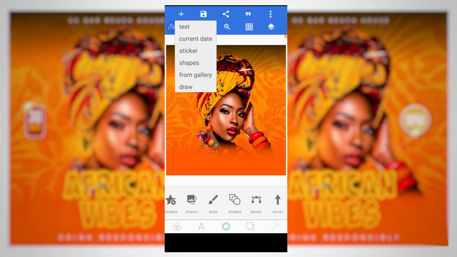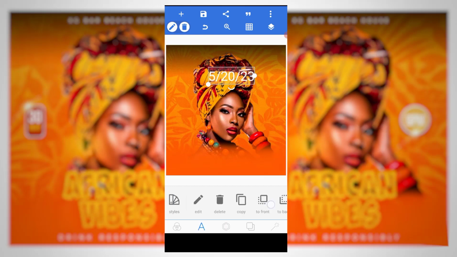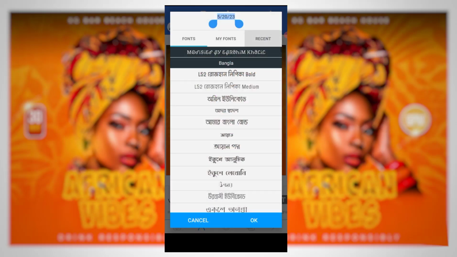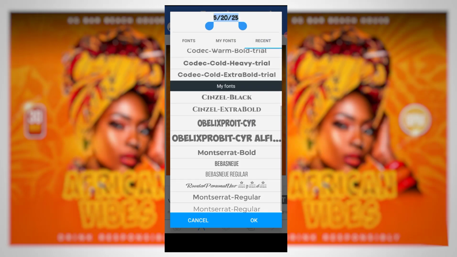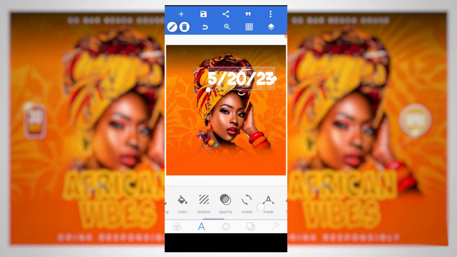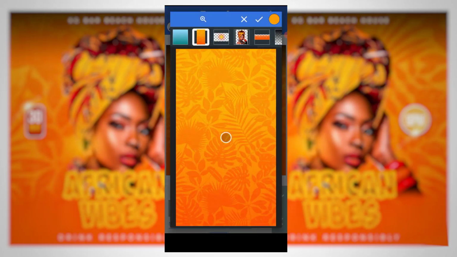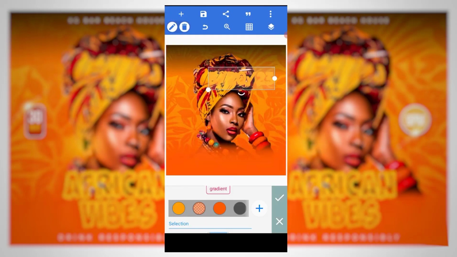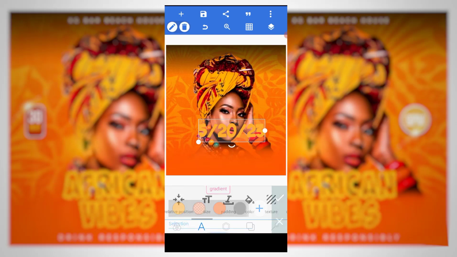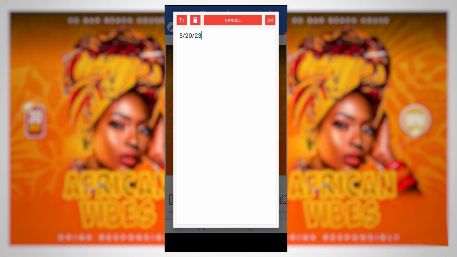Okay, so this is the text. I'll be using a particular font, Obelix. The typeface I'll be using is Obelix, this is it. So I will change the color to, okay, let me give it this, okay. Anyway, it's of no use. So, African vibe,